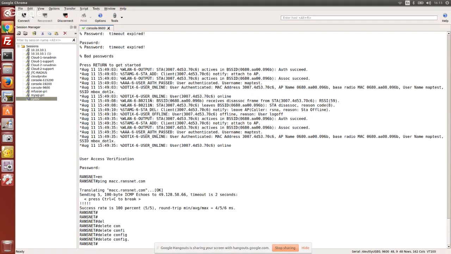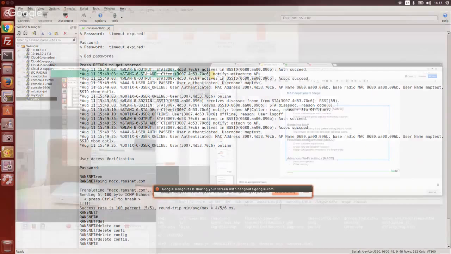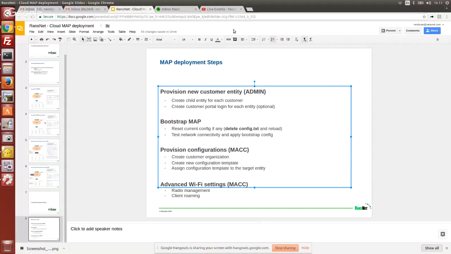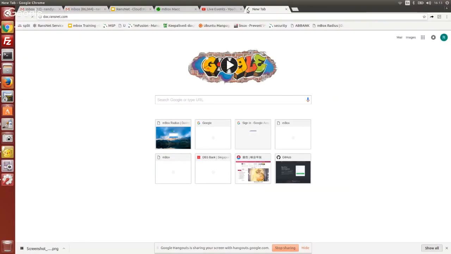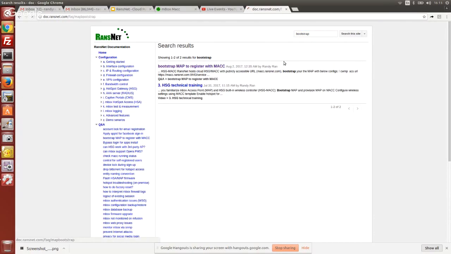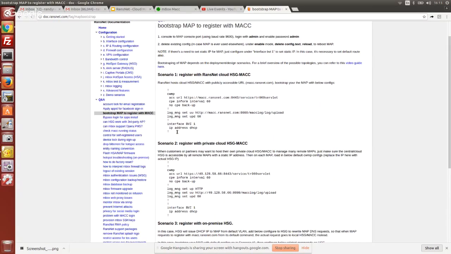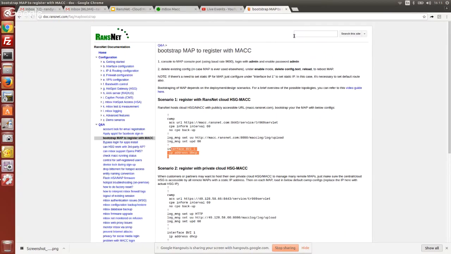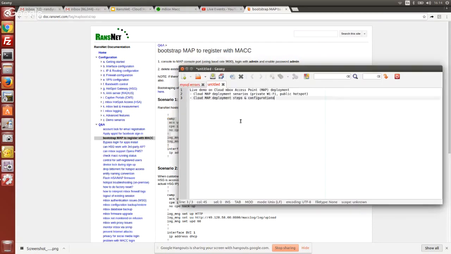I won't be doing that in this lab because it takes quite a bit of time to pull the default config later if I flash everything now. So once you have flashed the box, the AP, you will just go to our online documentation, search bootstrap, and copy the default config, which already exists in the AP if it's